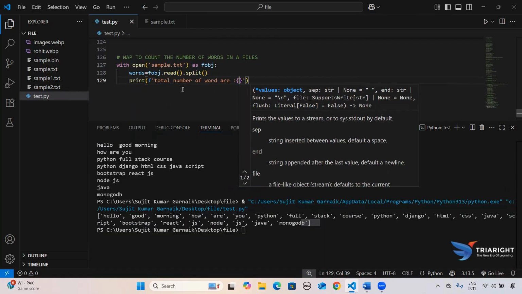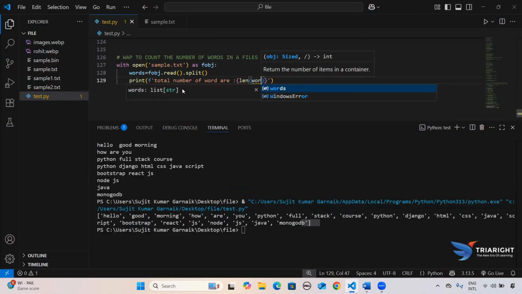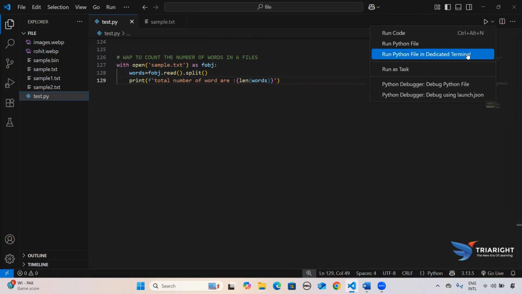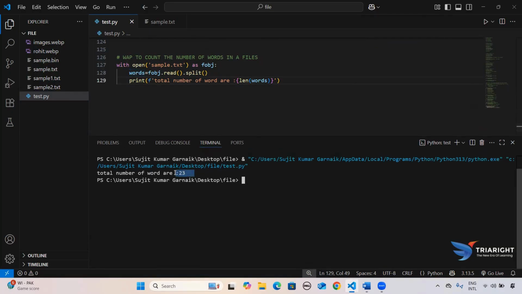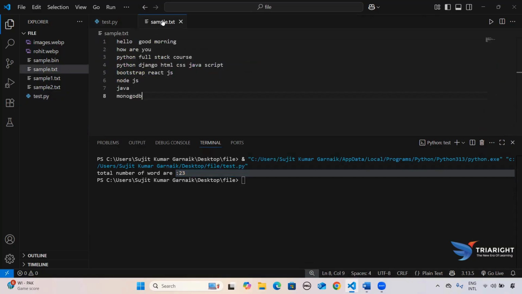So here I'm just trying to write len of words. Directly we need to provide the variable name. So now if I run this one, it will count all the things and give me the output. So guys, just see, it is displaying 23 as my output. Now if I try to count it also: 1, 2, 3, 4, 5, 6, 7, 8, 9, 10, 11, 12, 13, 14, 15, 16, 17, 18, 19,